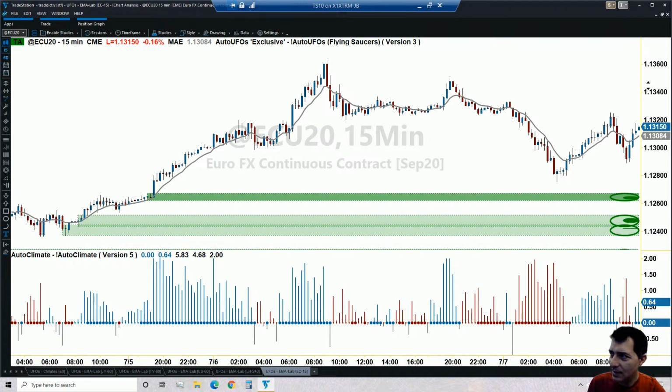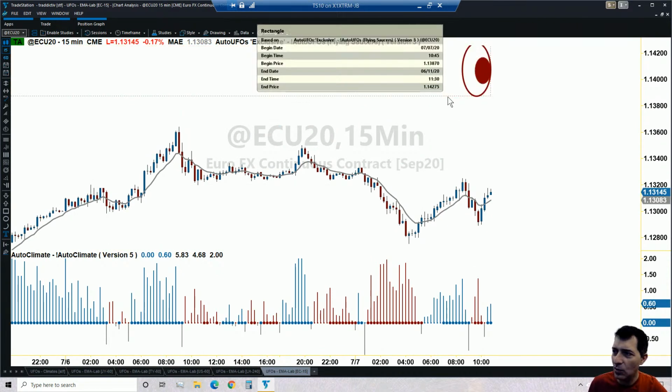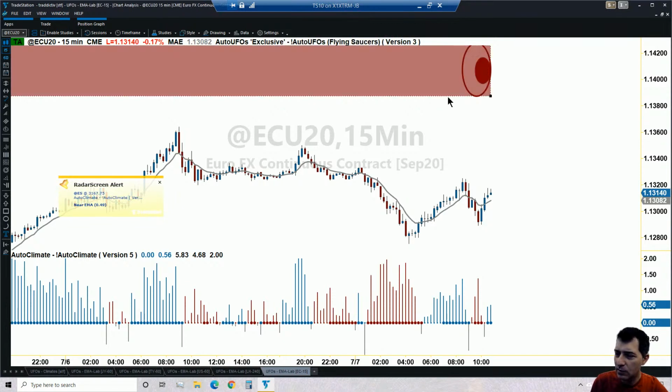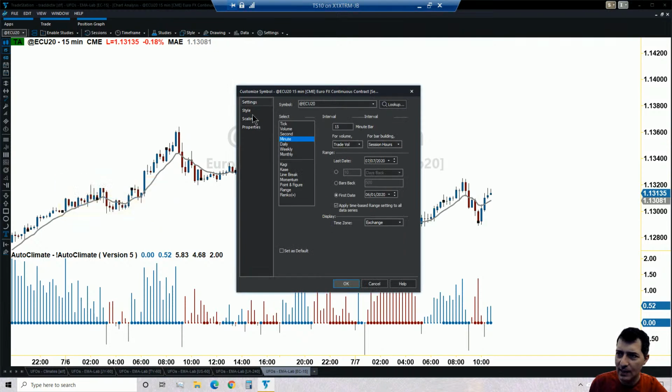So where is the target? The target is located all the way at 113.87. So 113.87 for the Euro, that would be the final target. That's quite far. It could be reached in one day, I would say, but it would be quite impressive if we reach that target in one day. So probably what you will end up doing here, as you have seen in other sessions, is trail stop, trail stop, trail stop, and see how far you get.